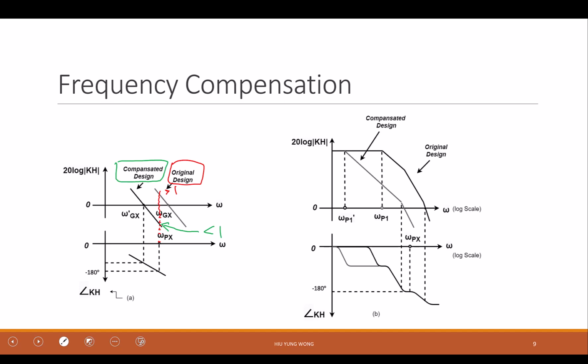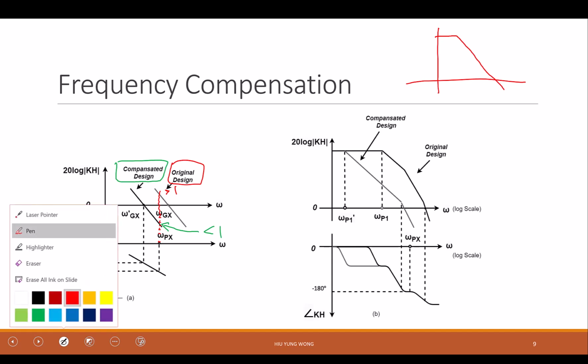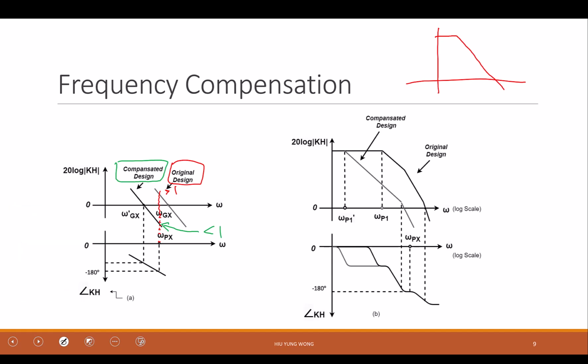Say again? Feedback? Yes, but this already has a feedback. Think about the Bode plots, right? Think about this. You're basically telling me to add an additional pole. This is a good idea. So he said, for example,